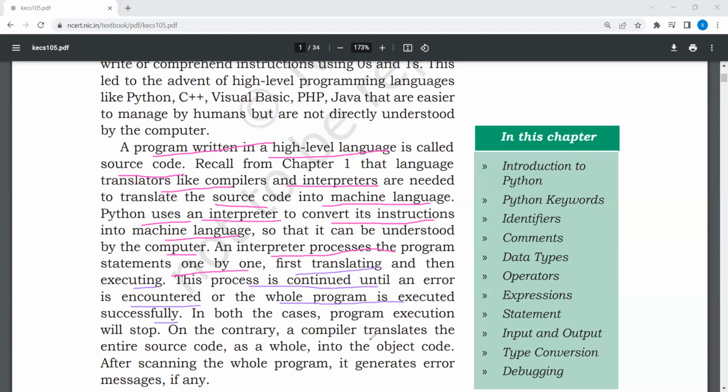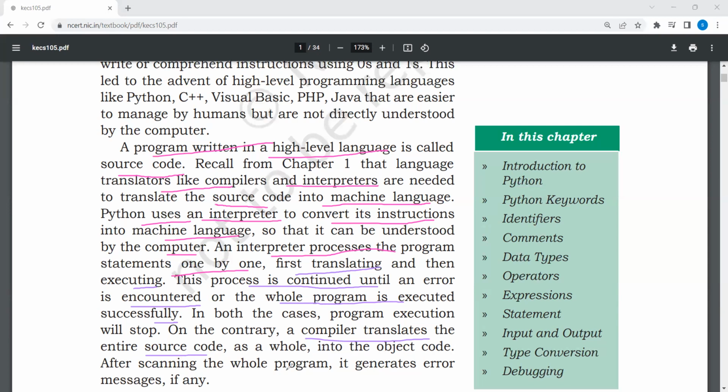On the contrary, a compiler translates the entire source code as a whole into the object code, but Python translates the source code line by line.